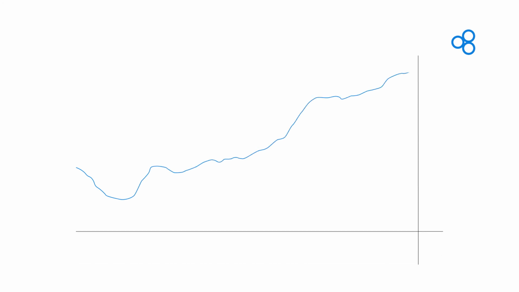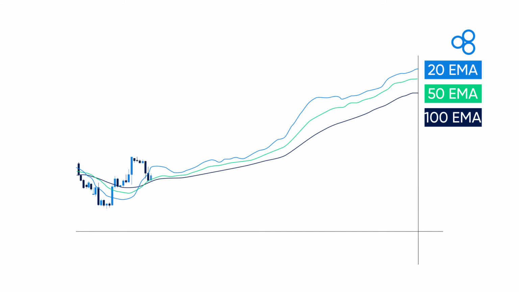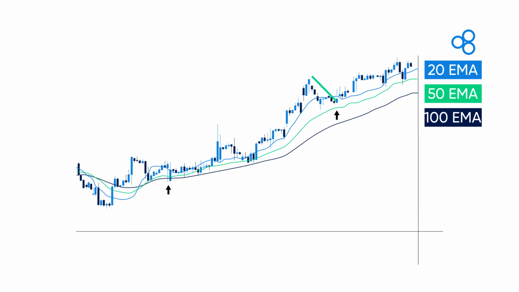In a bullish market, it's ideal to have the 20 EMA above the 50 EMA and both above the 100 EMA. We want to see a retracement and retest of the price when it is trading above these moving averages. Then, we need to wait for the RSI to show an oversold condition by falling below the 30 line. If the price does this, and we see bullish price action, then we can go long in the market.